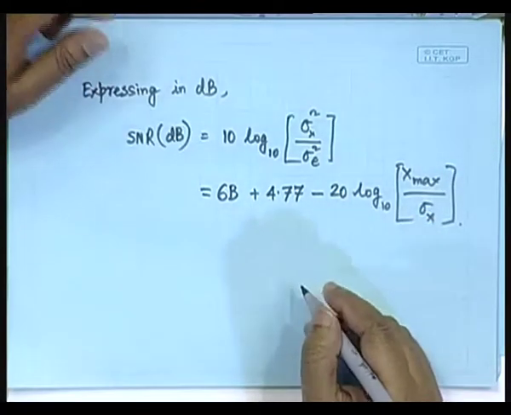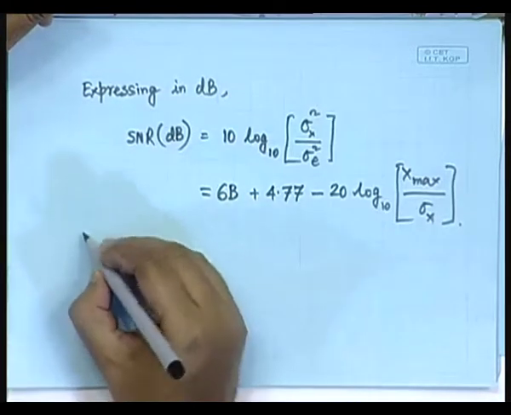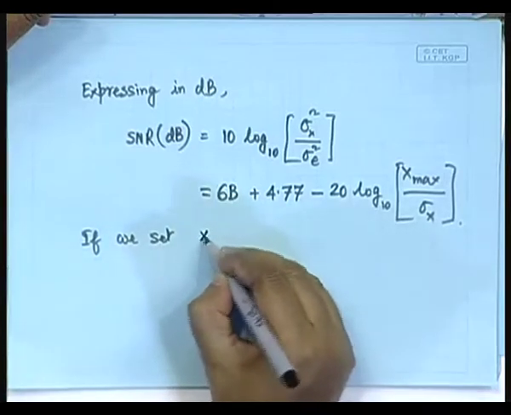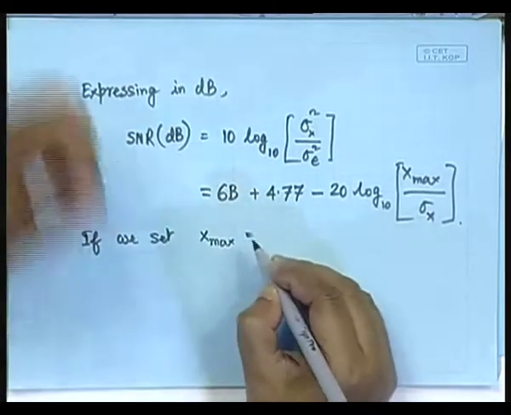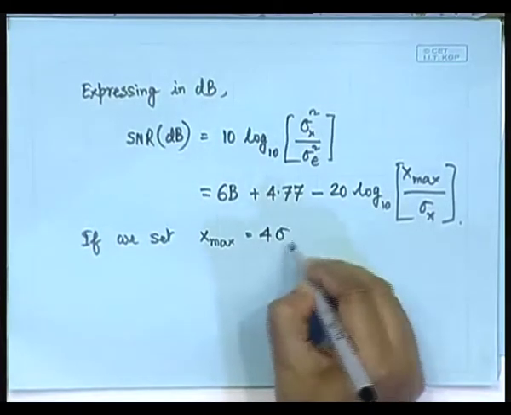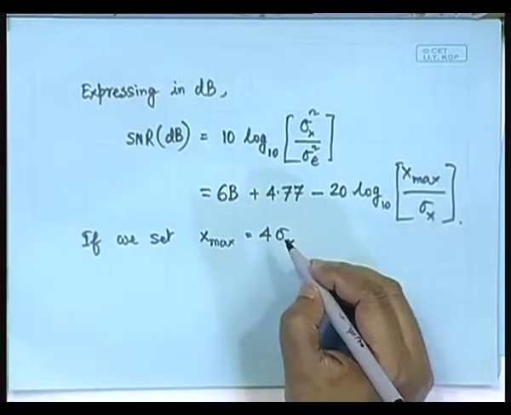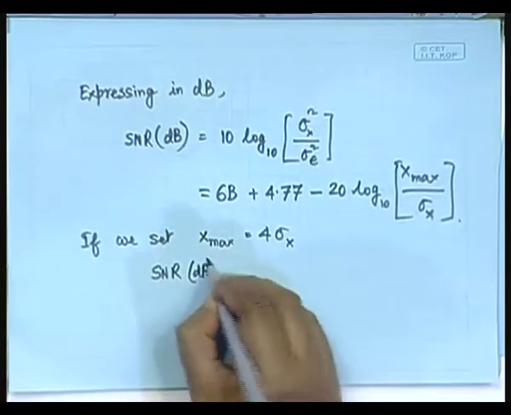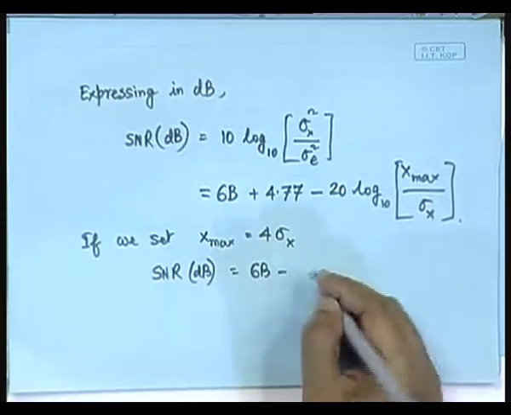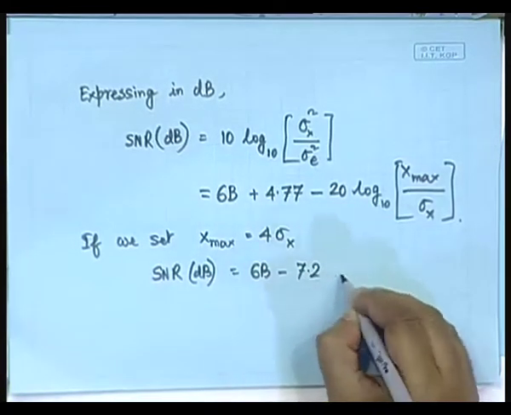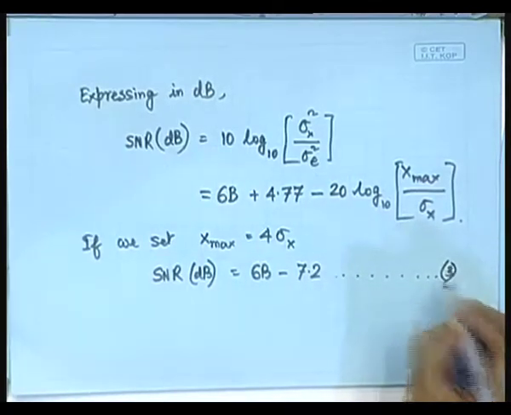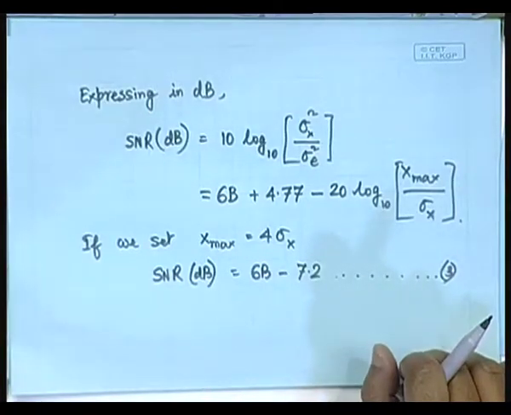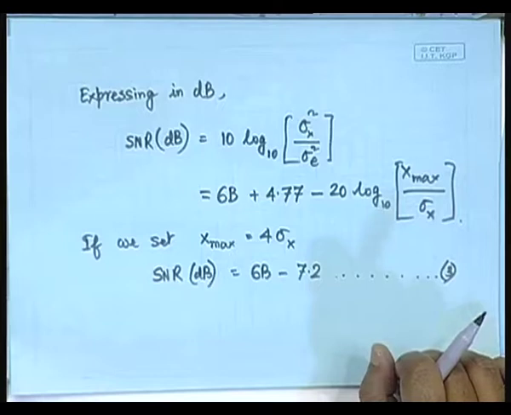And very simply you can see that if we set x max to be just 4 times sigma x, then we get the SNR in dB as simply 6b minus 7.2. This we can say as equation number 3. All right. Now, this equation that we have written so far,